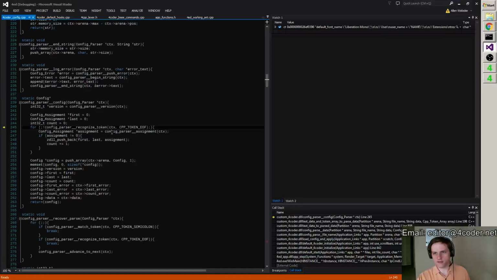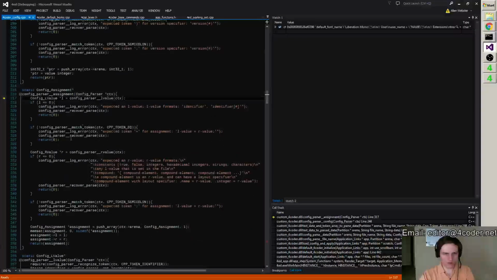There, got an assignment. Here it's going to fail. So let's go in there. It grabs an L value successfully. It fails to get an equal sign and it emits such an error, and then it parses ahead to there. So we're at username now.